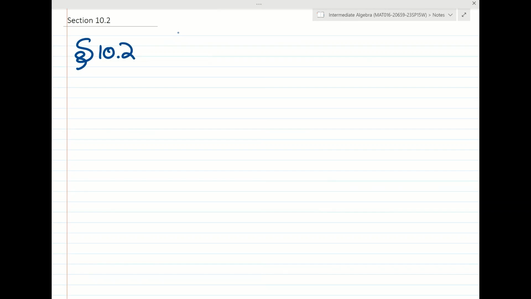Section 10.2 is really similar to what we did in the previous section, but we'll be making a table and then graphing the points. So it's one extra step. So in section 10.2,